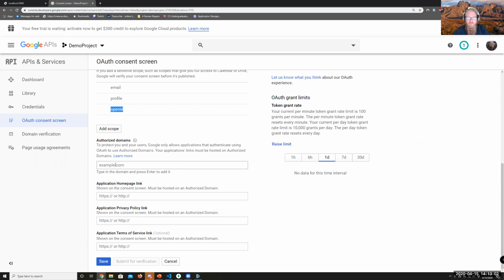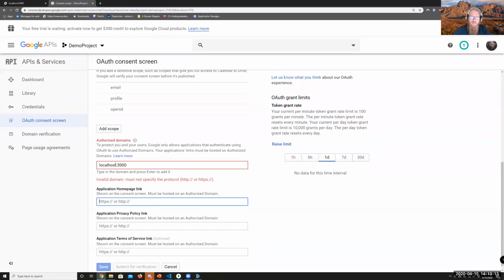We're just doing localhost testing. So I'm just going to say localhost and I should do a port. Let's see, you must not specify a protocol. Okay, so yeah, just the domain. And then you would do